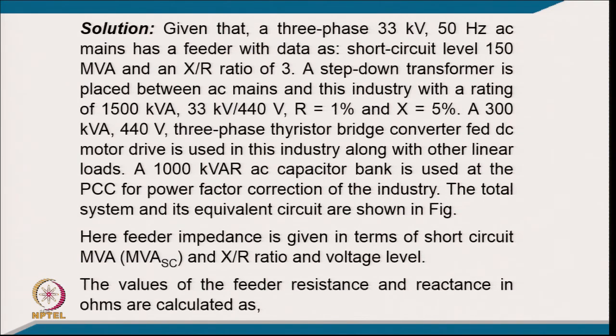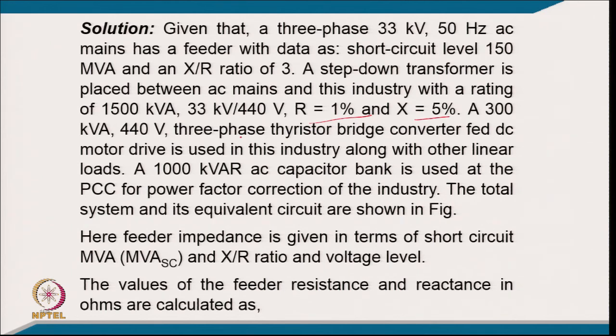Given that a 3 phase 50 hertz AC mains has a feeder with a short circuit level of 150 kVA, X/R ratio 3, and a step down transformer placed between the AC mains and this industry with the rating of 1500 kVA, 33 kV/440 volt, with the resistance of 1% and reactance of 5%,